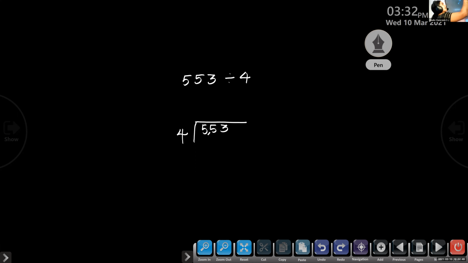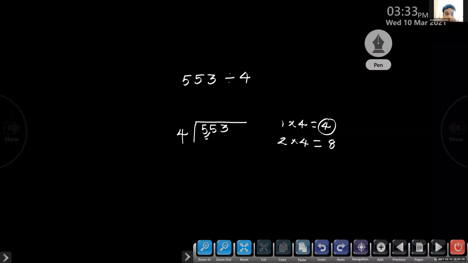So we can write the table of 4 and just see whether 5 is coming. 1 4 is 4. 2 4s are 8. Dear children, can we take 8? No. Here we can only take 4.